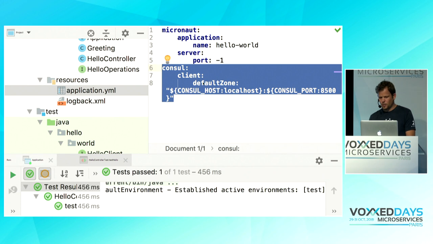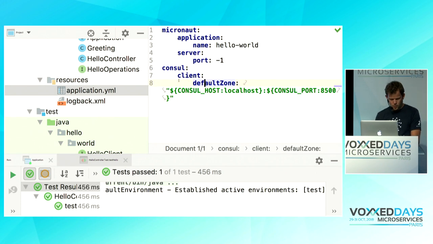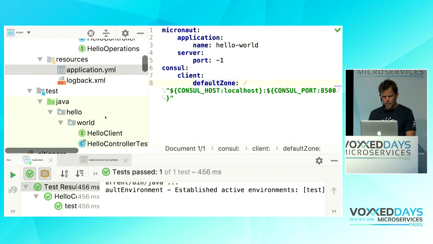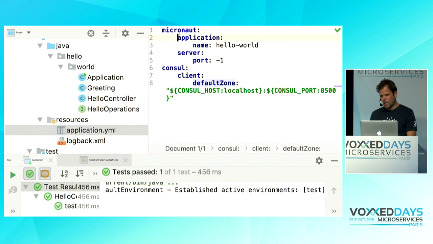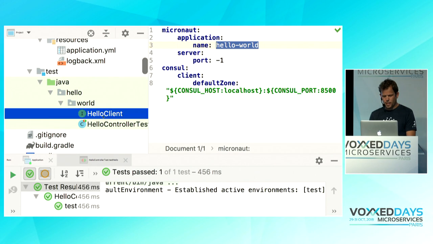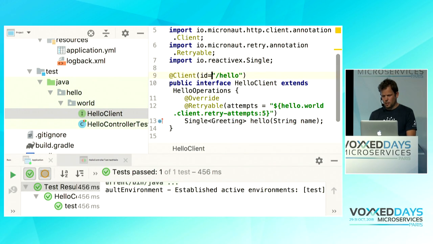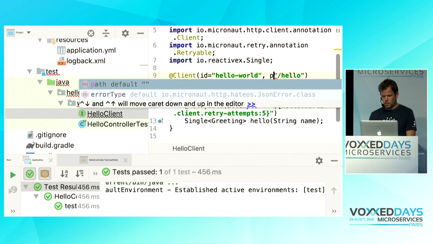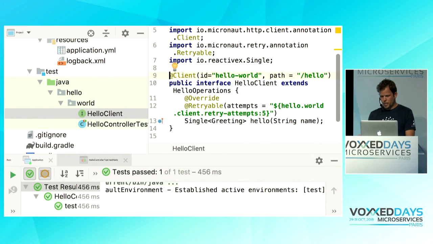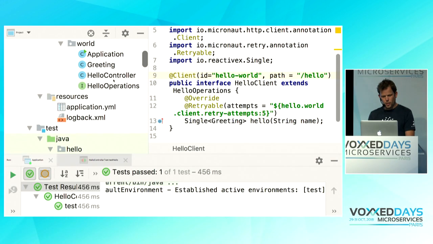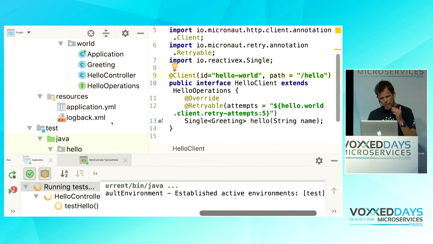my consul.client.default.zone to my localhost consul. You'll notice that my Micronaut application name is hello world. So what I can do is I can take that value, and in my client I can say this is a client for hello world, and the path is hello. So I've set up service discovery using Consul. We support Eureka. We support Kubernetes as well. So automatic service discovery. So now if I run this test again, what you'll see will happen is that we'll get an error